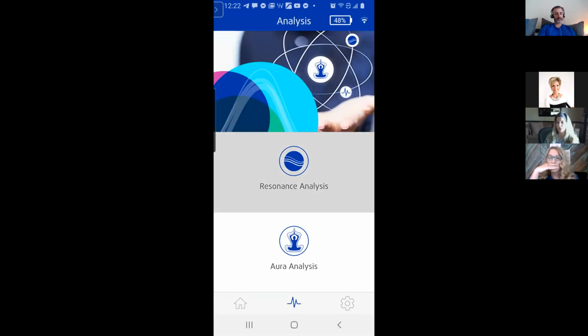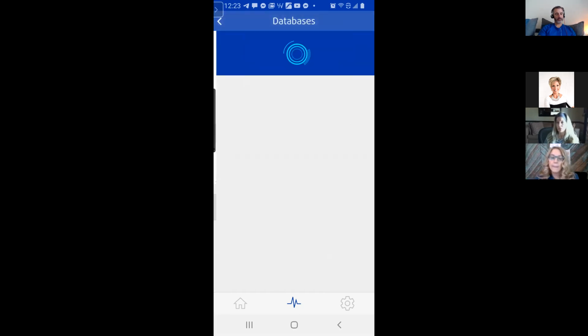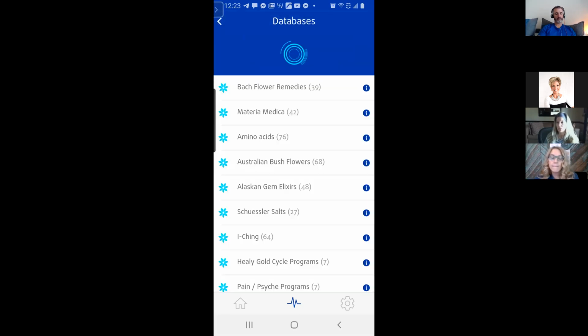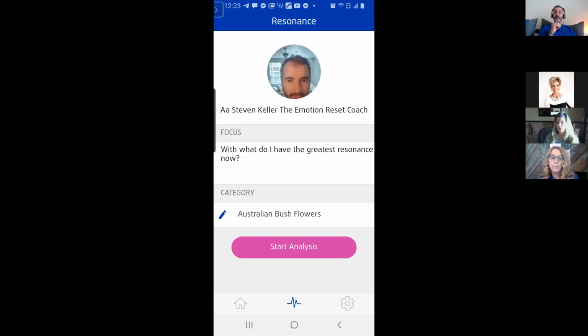So we go to the Australian bush flowers. For me personally, these are often the ones I like running the most frequencies from. It's the one I sense the most, let's put it that way. And here's a simple example: if I run microcurrents and I turn it up high enough, I can feel that. My fingers are twitching, whatever, right? When I run vibrational programs, it's not something you feel, but if you pay attention, it's something you sense. What do I mean by that?